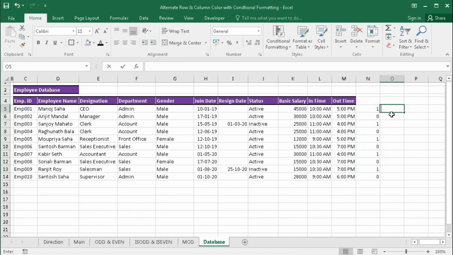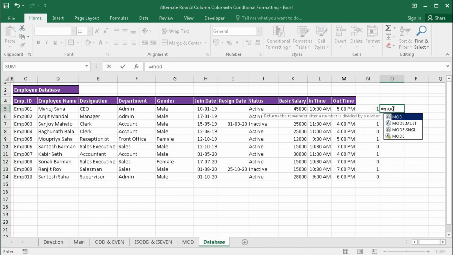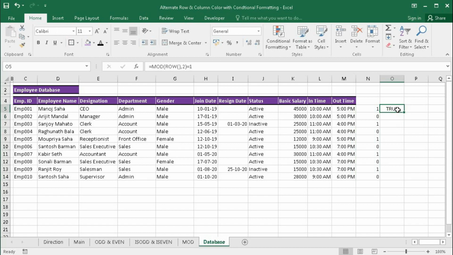So if I put here equal to MOD, bracket open, ROW, comma 2, equal to 1, then it will return true.